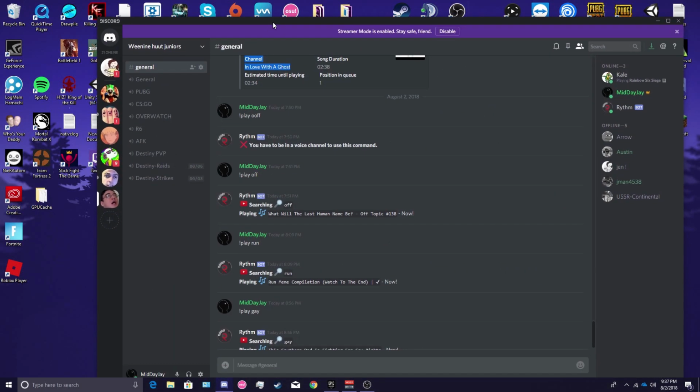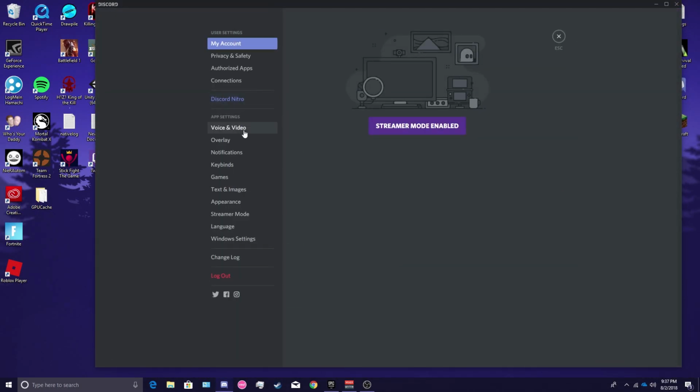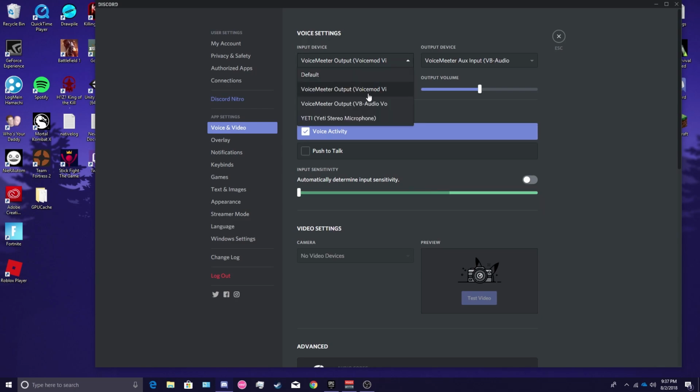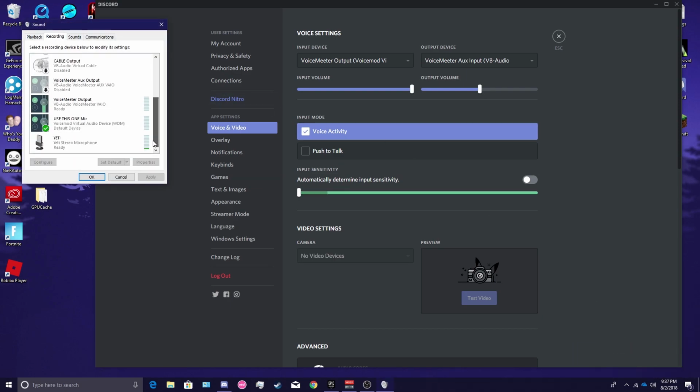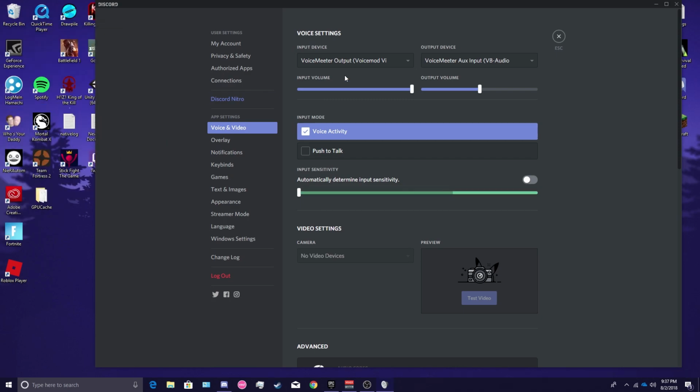Anyway, I'll bring up Discord right here real quick, and let's go to user settings. What you want your input device to be is your voice output voice mod. I have mine set and named as "use this one mic." That's this right here. You can see because it says voice mod virtual, but these ones say like VB audio. This one says voice mod, this one says voice mod. Yeah, you can see it there. So I'm going to put that to the side because we'll need that later, but click that